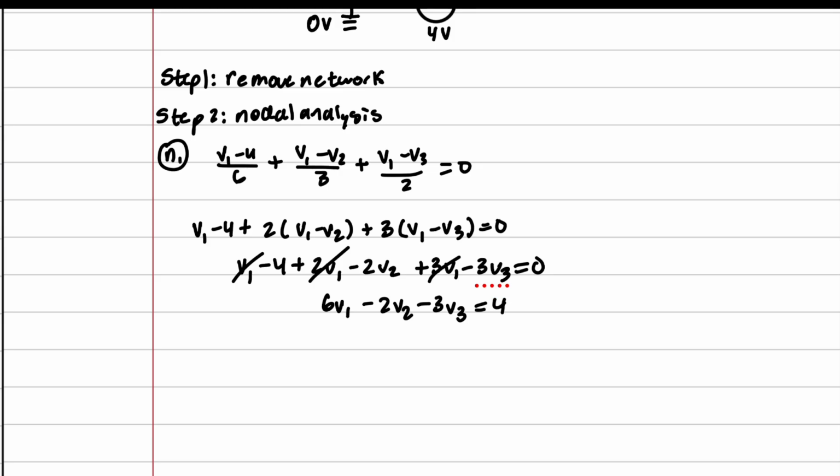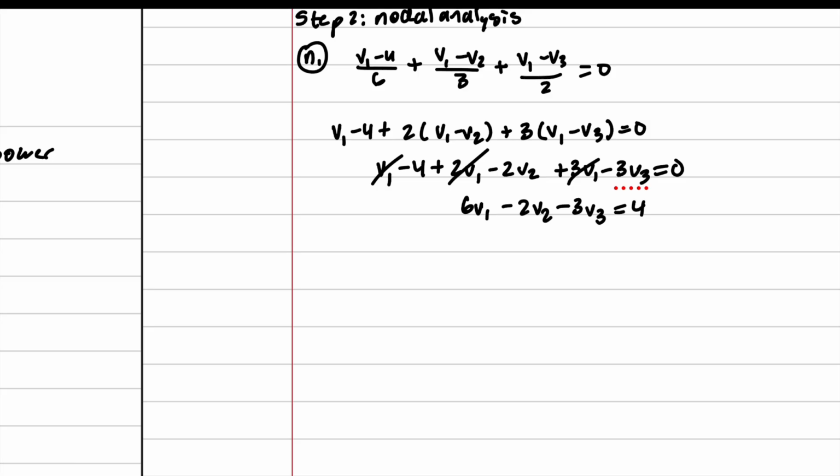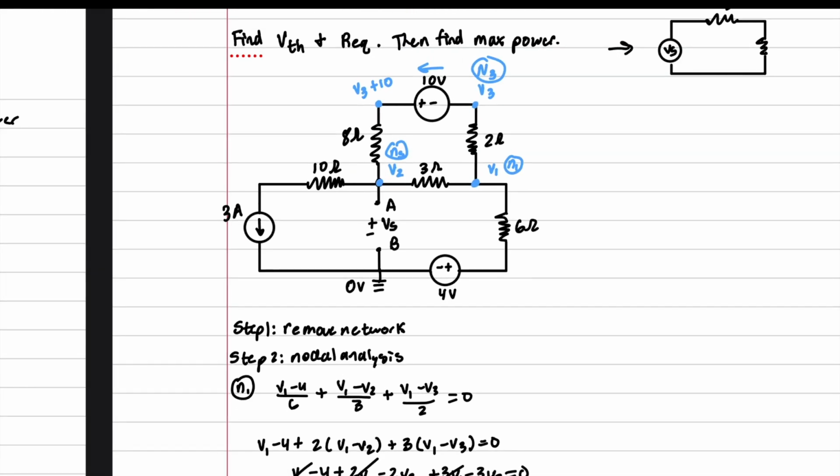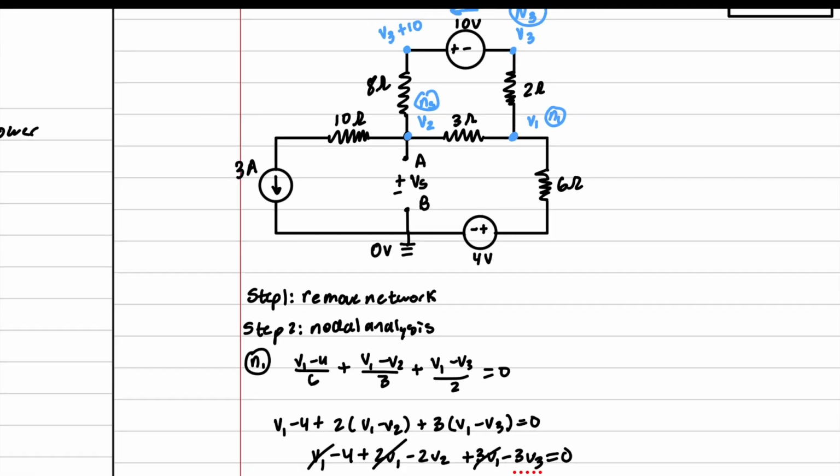And for that nodal equation, we get 6V1 minus 2V2 minus 3V3 equals 4. Now we're going to simplify N2. N2 is right here in the middle. And we're going to say